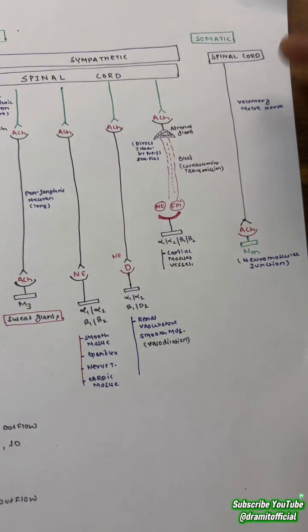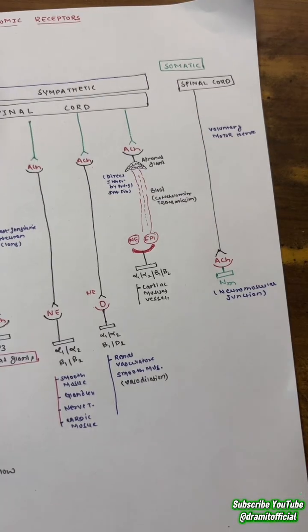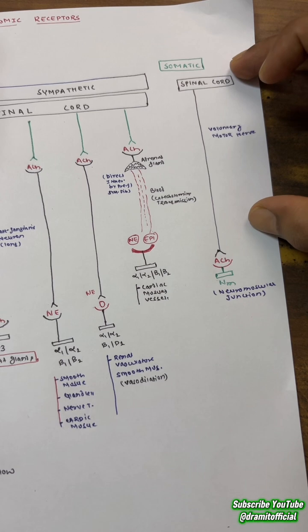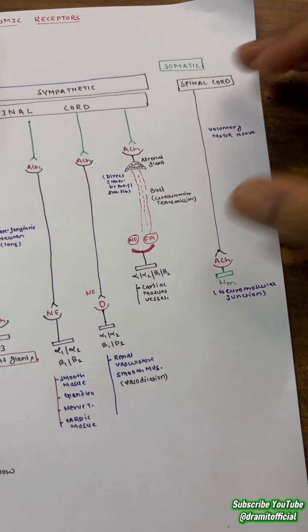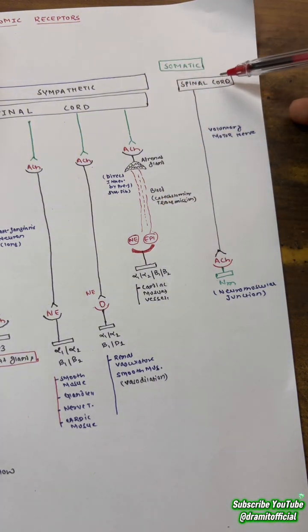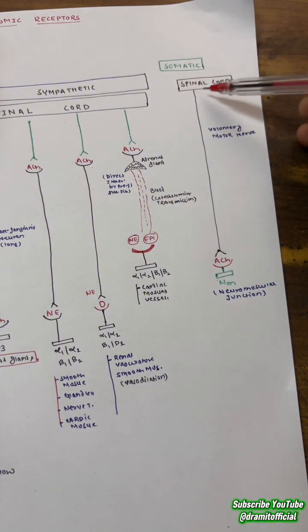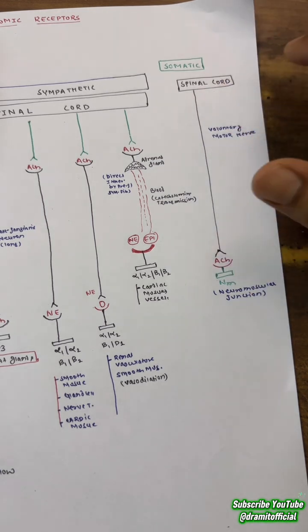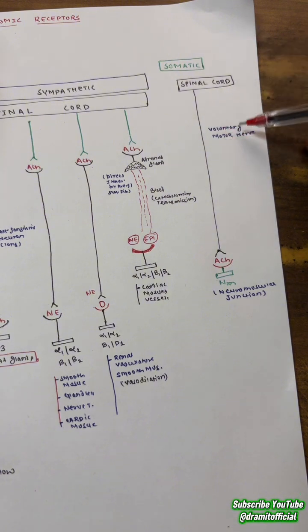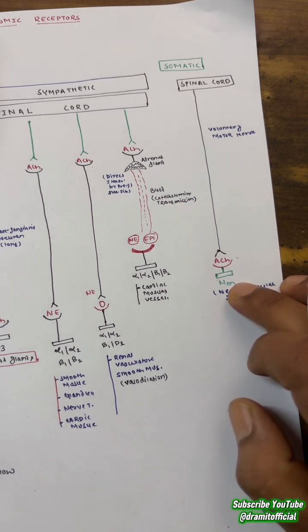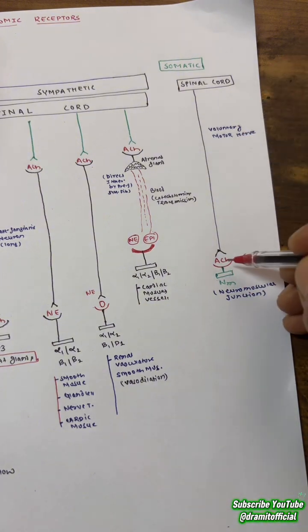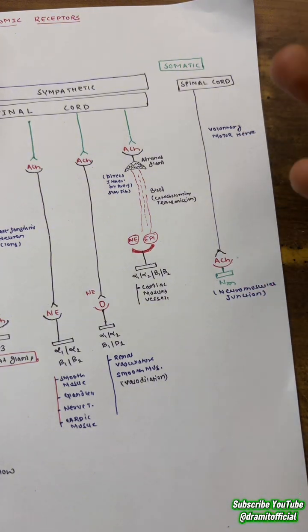Now we'll have a quick revision on the somatic nervous system. As we all know, the somatic nervous system is under our control. Like we can raise our hand, we can raise our leg, so it's under our control. This somatic nervous system also starts from the spinal cord. From the spinal cord, it has a nerve called the voluntary motor nerve. It doesn't have a preganglionic or postganglionic nerve. This voluntary motor nerve reaches over here, and this is called the NM receptor. This is called the neuromuscular junction. Over this neuromuscular junction, it releases ACH and it will work on the skeletal muscles and produces a